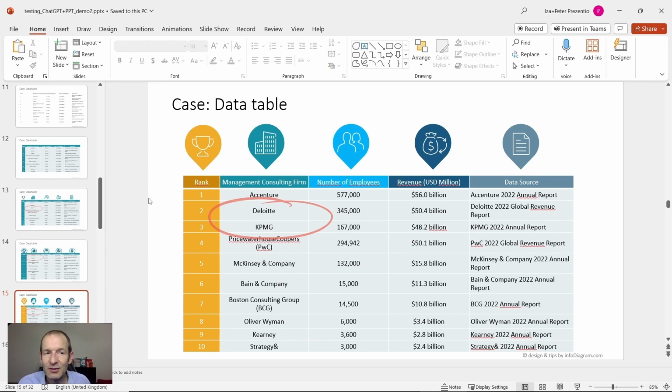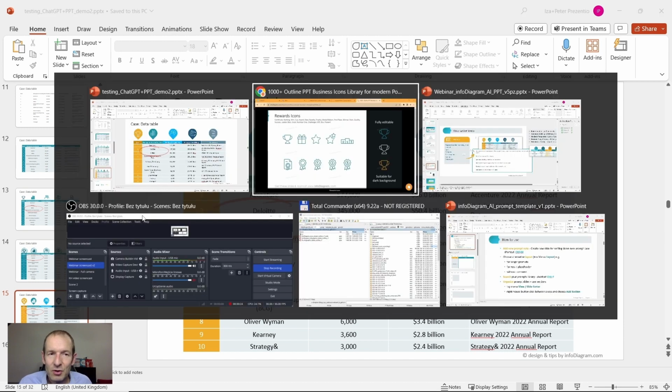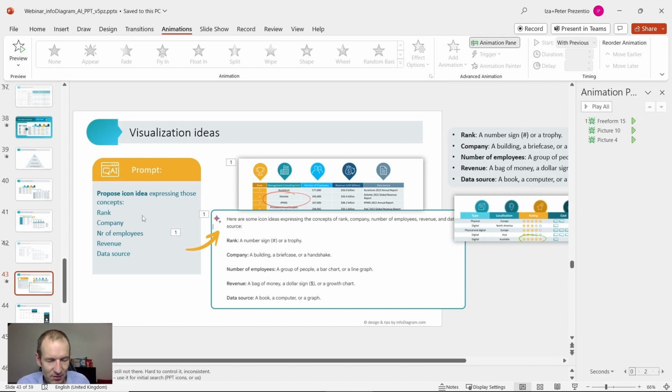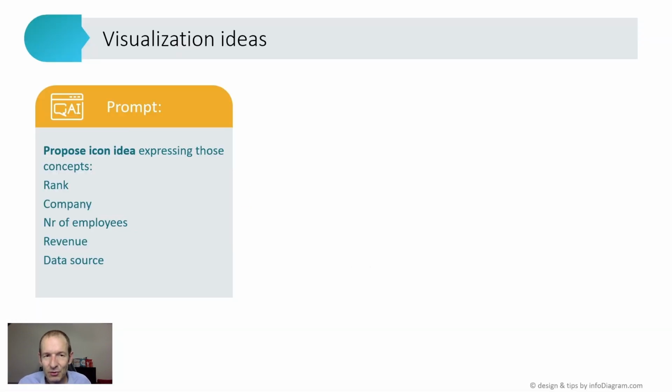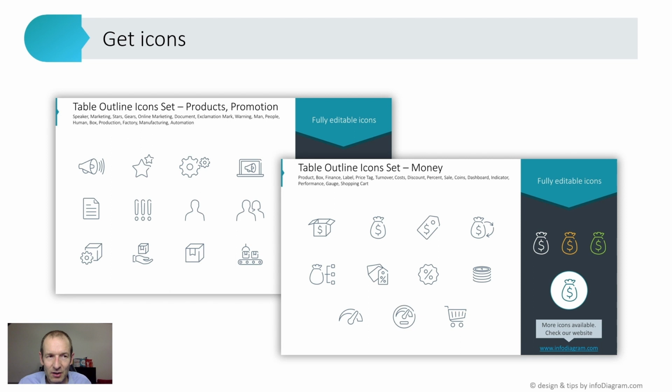These are all ideas which you can use, and I'll show in a second where you can get several templates for this kind of table. And our decks, here is an example of the icons which they contain. Usually there are products and promotion icons, money icons. They are all built around topics which are relevant to this